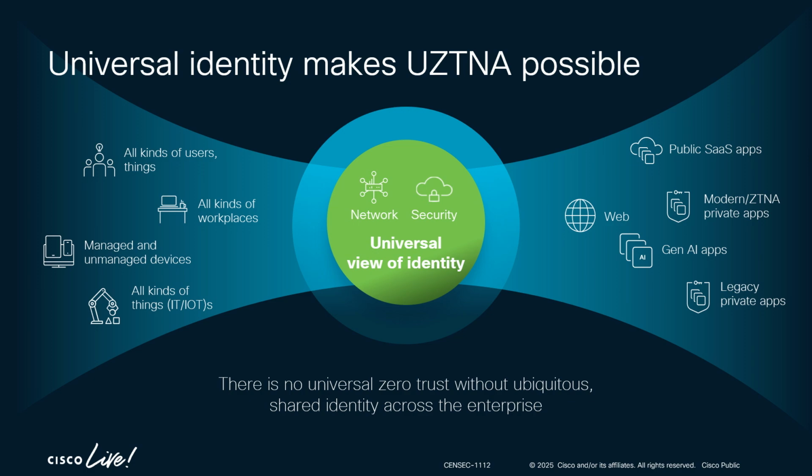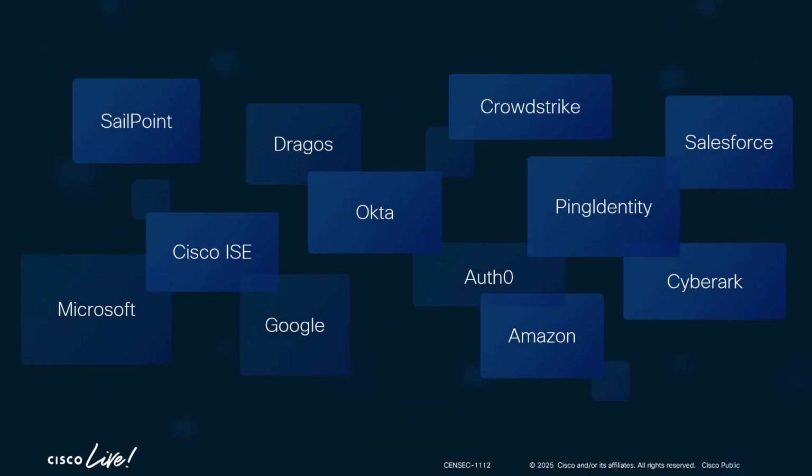Now, there are a couple of ways that we are able to accomplish this. So number one, if you think about doing identity security, one of the big challenges that we often hear is that we don't have a single source of identity. We talk to a lot of customers where the identities live in different pools.